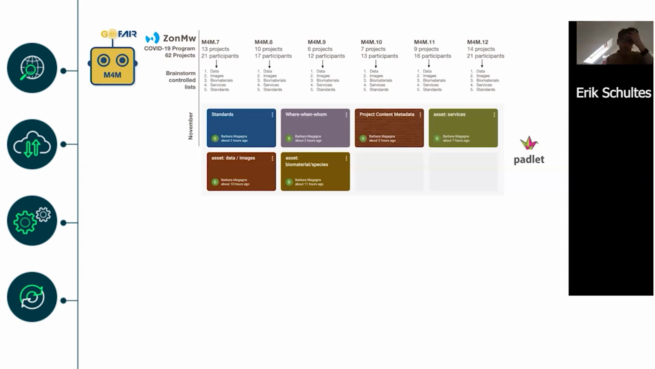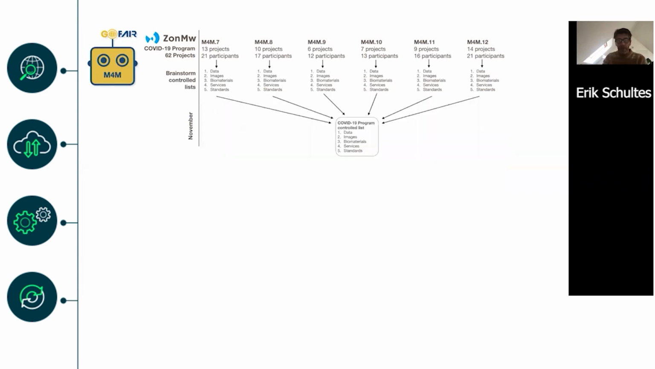So anything related to the project that needed to be described by metadata, such as data, biomaterials, services, standards, we went through very controlled, very structured brainstorm sessions using a tool called Padlet. This was all done online, of course. And what this allowed us to do is pull out of the domain expert the preferred terminologies that describe their